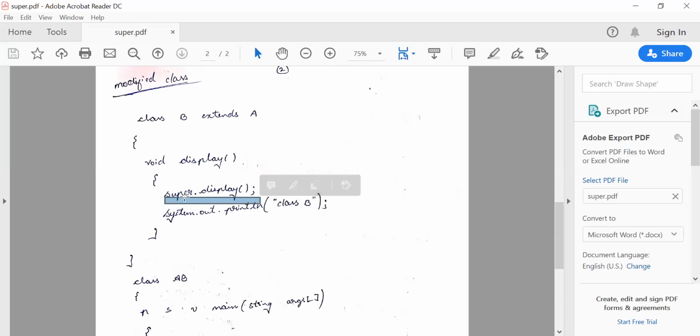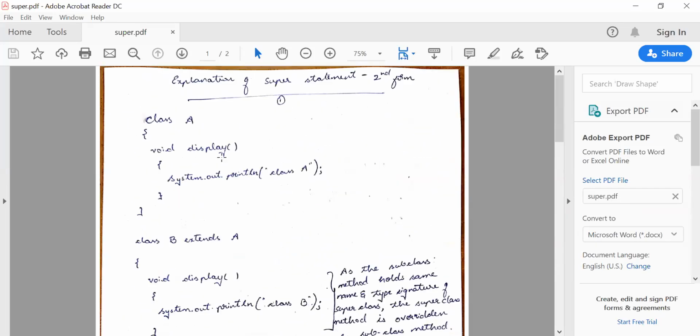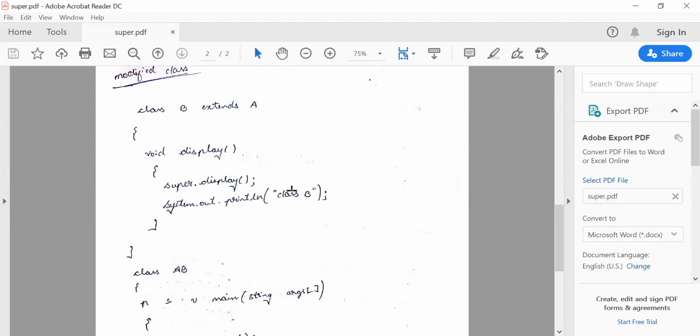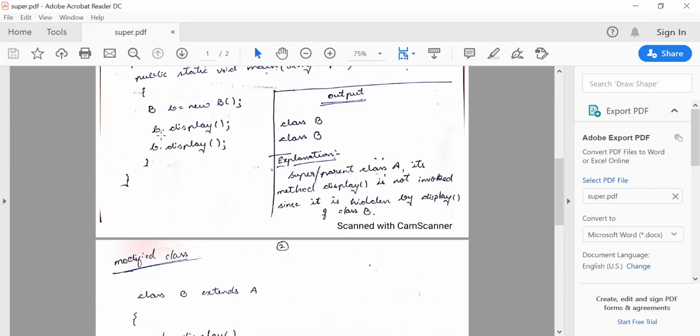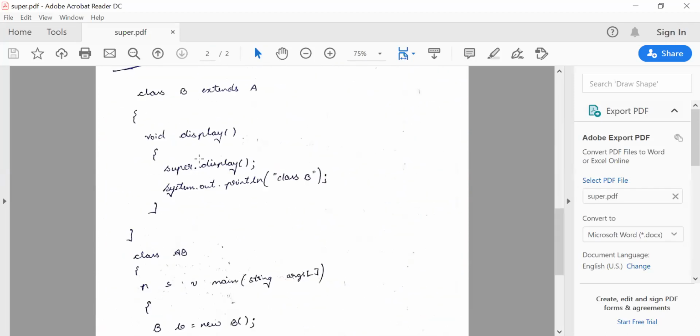Super refers to your parent class. Here we're trying to invoke a member method called display which belongs to your parent class. So automatically this method will be invoked. We'll get the answer as class A. After that, I'm displaying a string, class B. You found the reference here, right? When I call b.display in the earlier version, the control comes here, there is no invoking of the superclass member. We're just displaying a string, so I got the output as class B. But here, in this display method, I'm invoking your superclass method display.